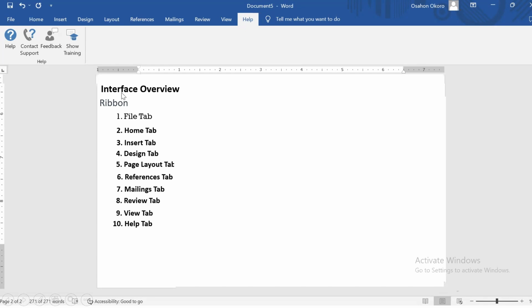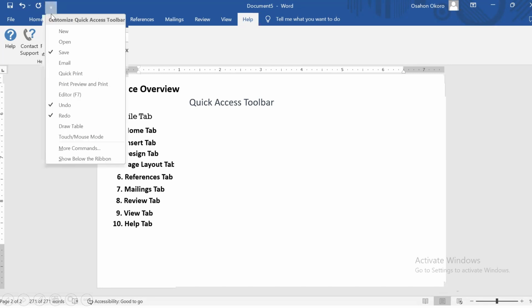But that's not all we are seeing before us. We also have the quick access toolbar. These are the commands, the defaults, that you easily use.